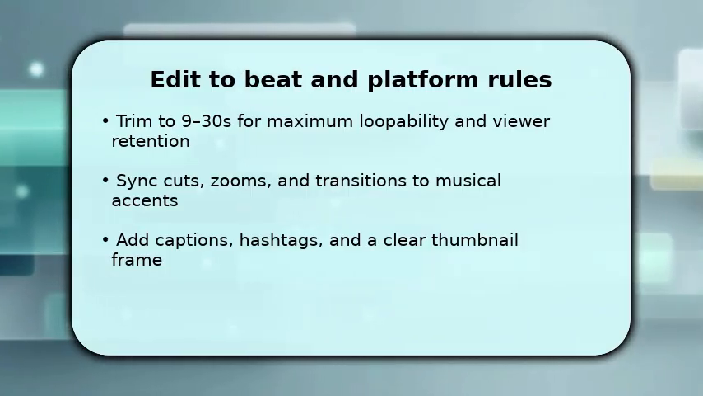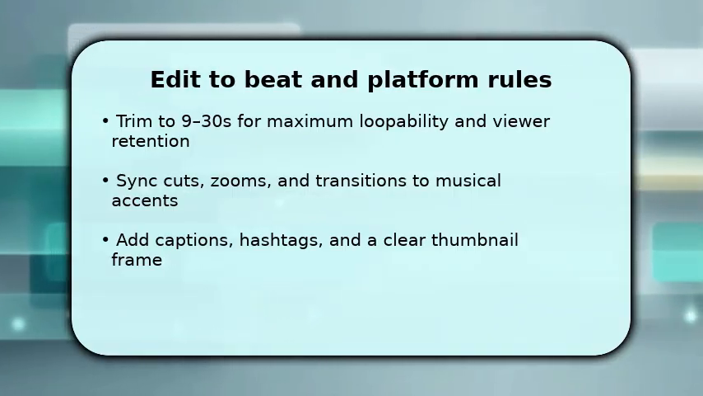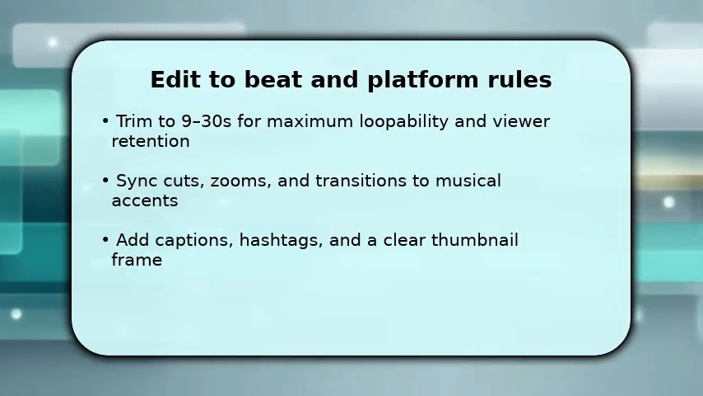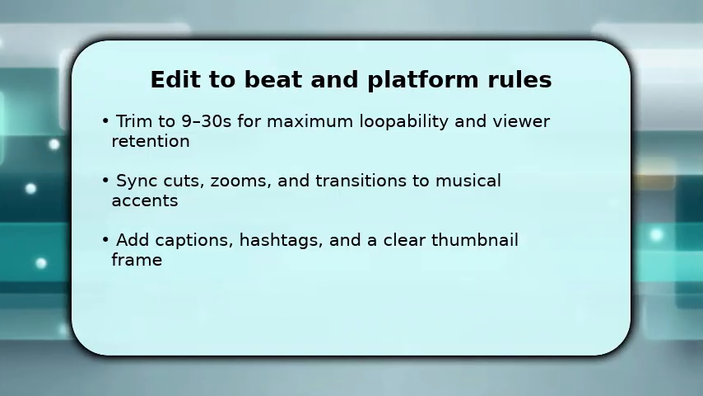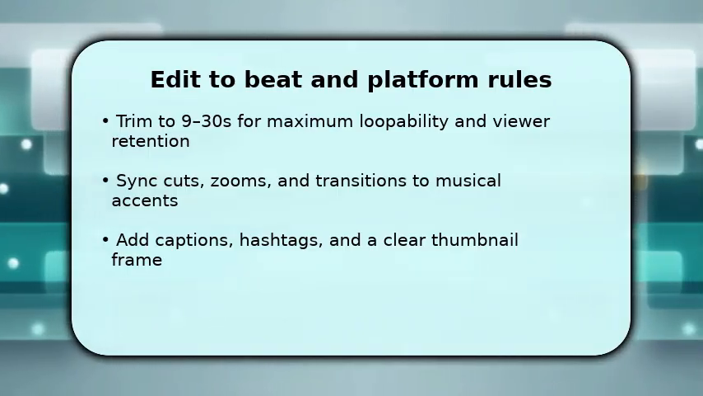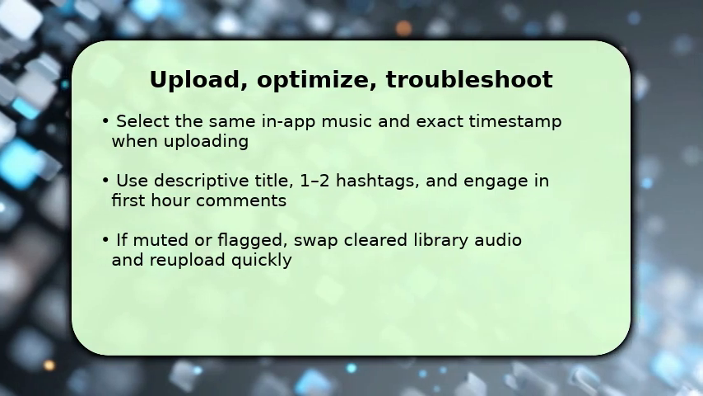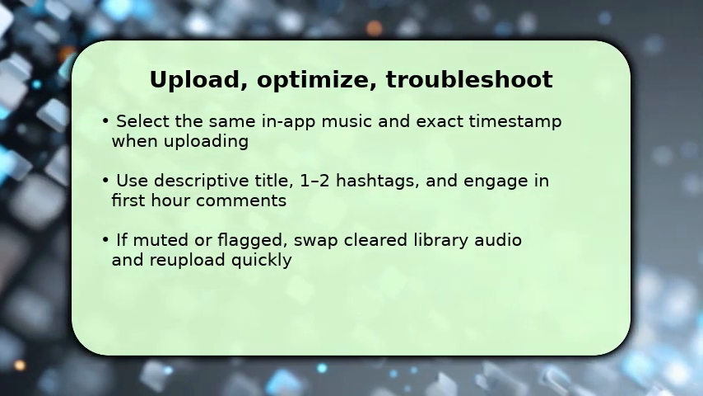Also, make sure captions are readable within 9 seconds and include 1-3 relevant hashtags. They help discovery. Finally, export in vertical format with proper bitrate so the audio stays crisp and the short loops cleanly. On upload, choose the identical track from YouTube's in-app library and set the same timestamp so platform data matches